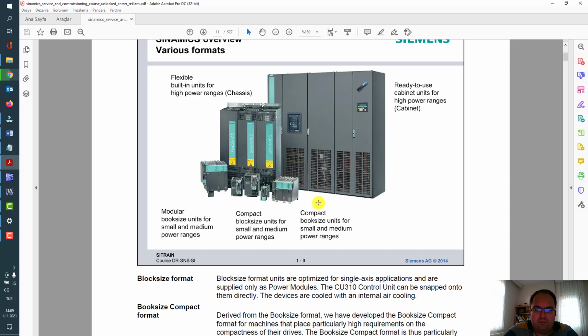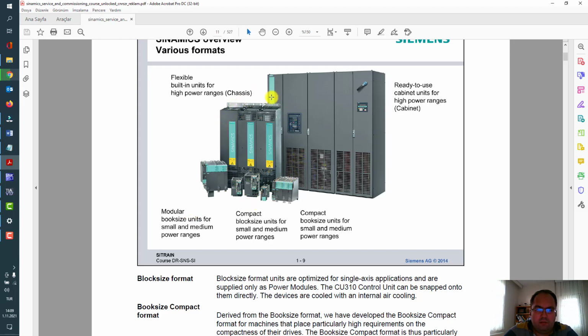At the right bottom you will see compact booksize units. In the middle there are some blocksize classical drive designs with PM240-2 as the new units, or the old type PM340-50. The power unit and the control unit are separated.